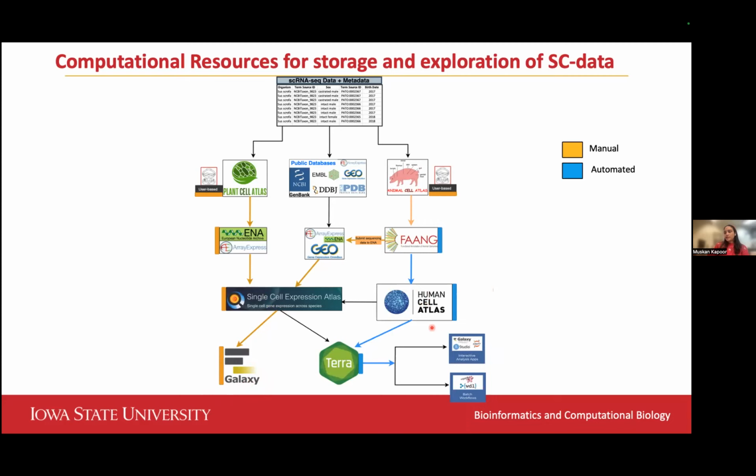And from the human cell atlas, the data goes through Terra using an automated process transferred by the data wrangler, which we can say is like a curl command. The data goes to Terra, and within Terra, there is a list of tools, interactive apps, and batch workflows, which allow users to analyze and visualize the data, and also create new tools or develop new standardized workflows.